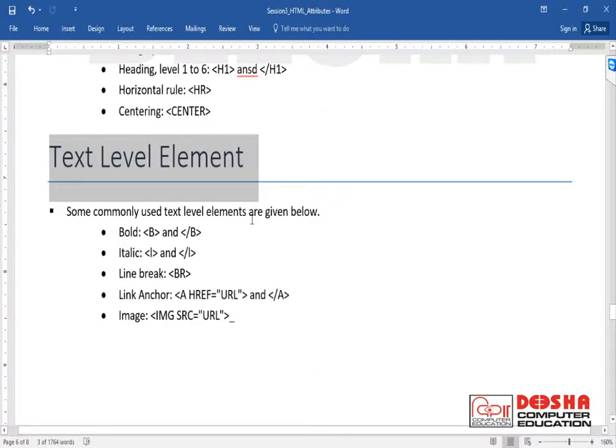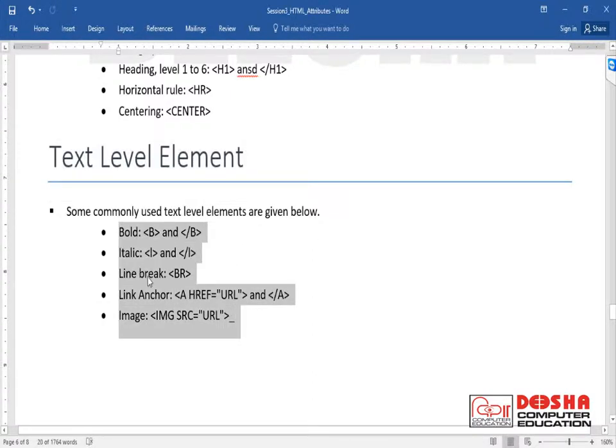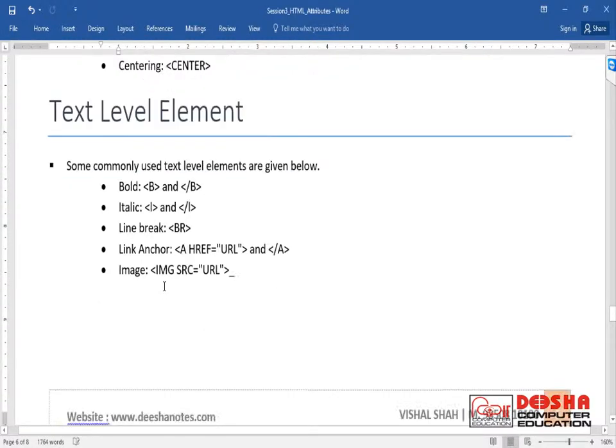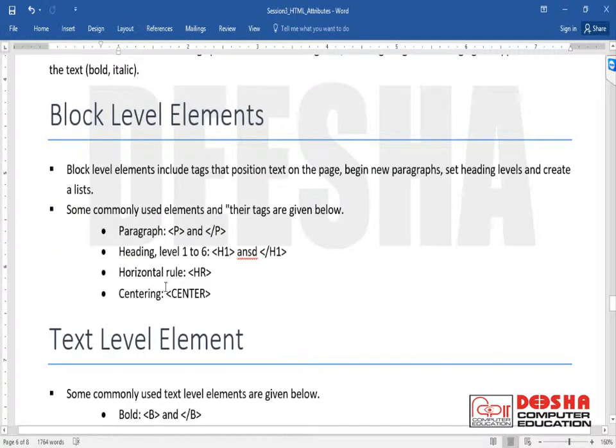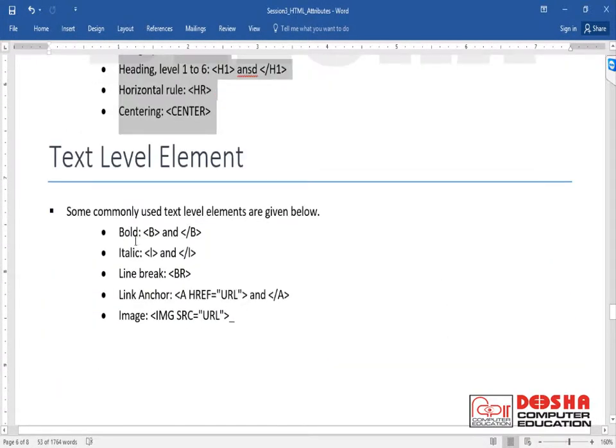They are commonly used for text formatting. So here they will not create any type of block. They are used as inline elements. So these are two categories, block level element and text level element. Some elements fall in this category, some elements fall in the other.